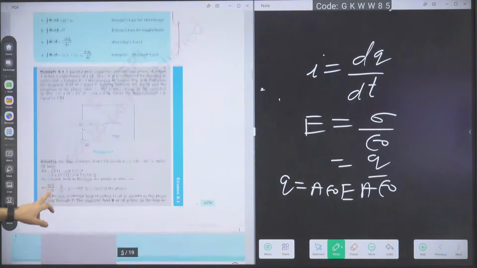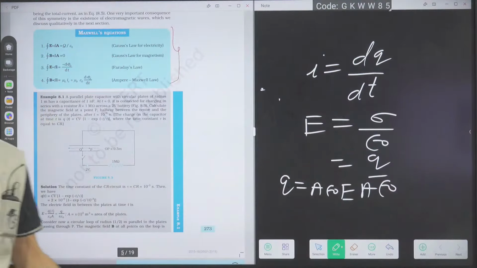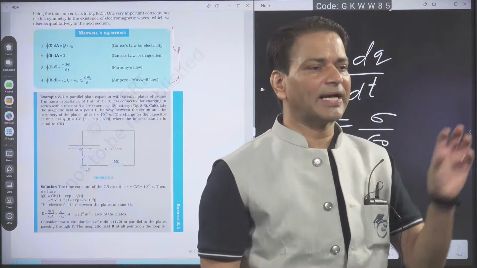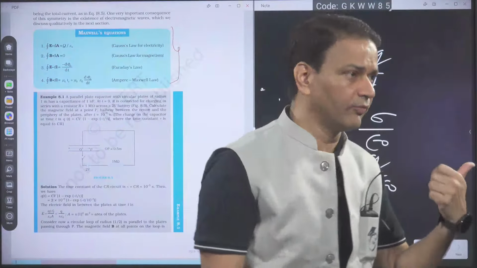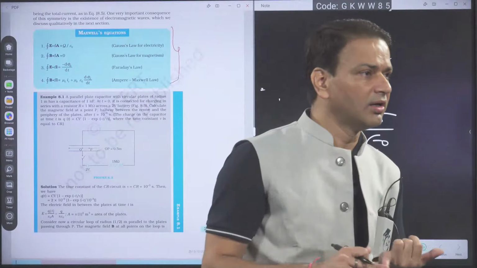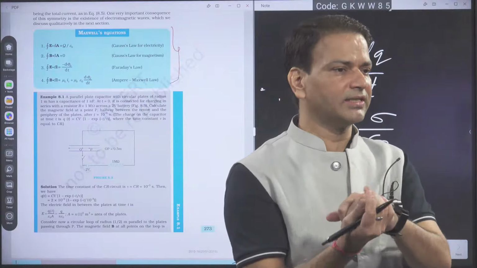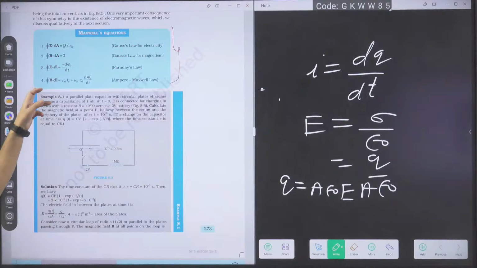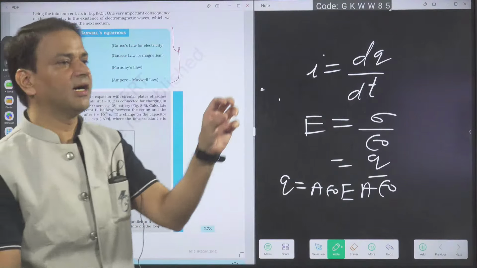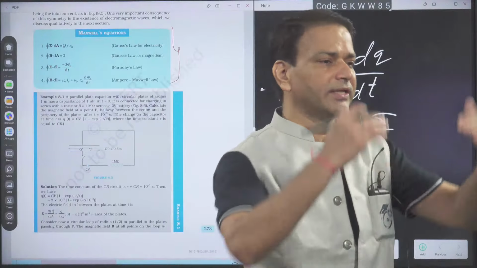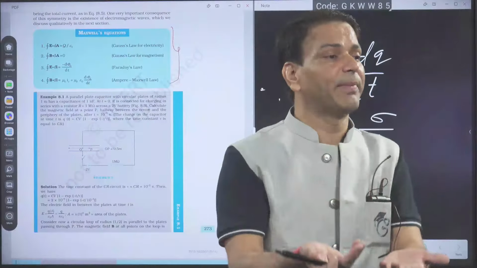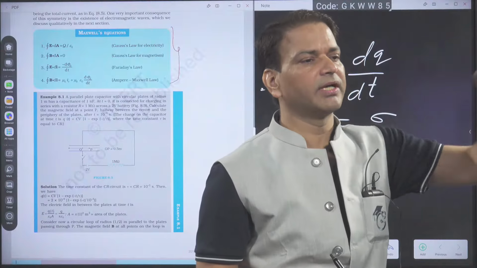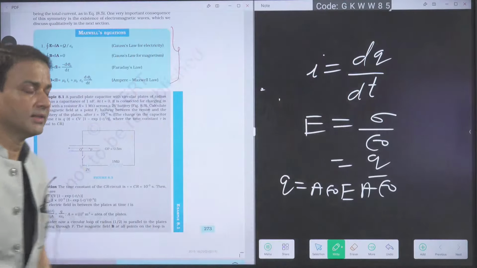Now these 4 equations, everybody just has to revise them. That is not a new equation. All equations we have already learned in electrodynamics. So it is the Maxwell electromagnetic equations. The 4 equations combine the Gauss law of electrostatics, Gauss law of magnetism, Faraday's law, E dot dl is equal to minus d phi by dt, and Ampere law. Combined, these 4 are the Maxwell equations. So maybe they will give a question saying which one is not a Maxwell equation, writing something wrong in one of them. So those 4 you have to remember, they are the Maxwell equations. Everybody got?